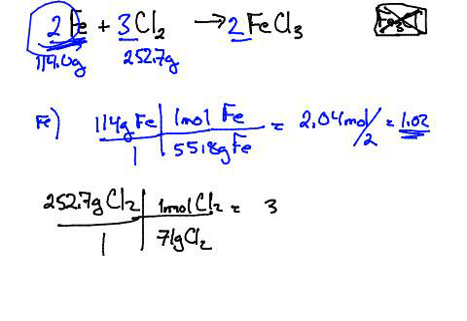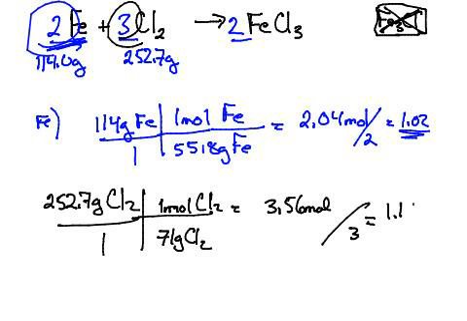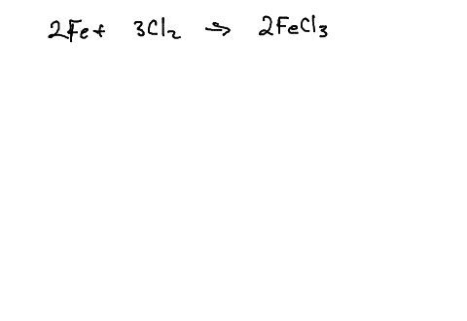And that gives us 3.56 moles. Divide by the coefficient, which of course in this case is a 3, which is 1.19. And 1.02 of course is smaller than 1.19, so the limiting reactant is the iron. So actually I'm going to relabel this. If I've got 2 Fe plus 3 chlorines, you will not necessarily need to rewrite this, makes 2 iron chlorides, and this iron is the limiting reactant.